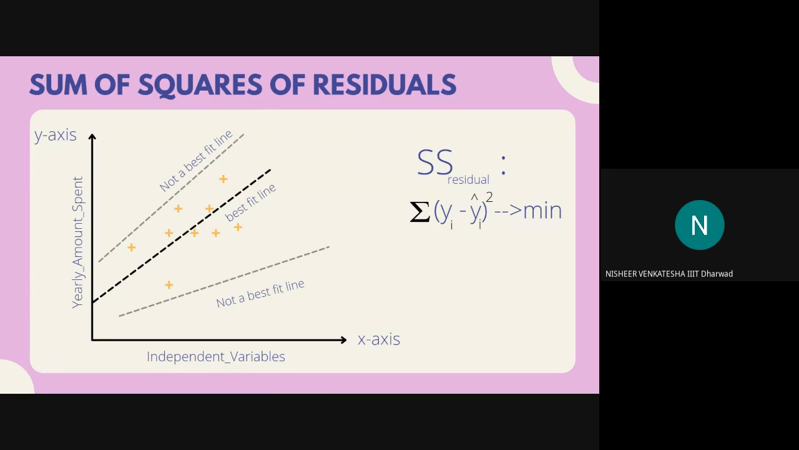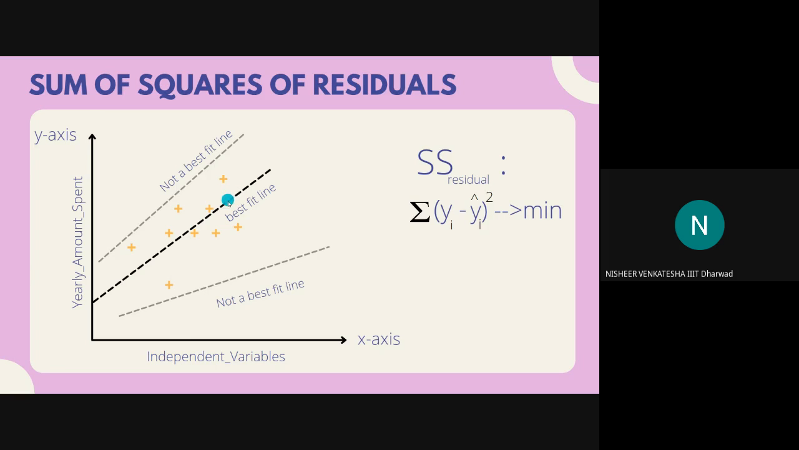So as you can see from the graph, there are many lines. So how do we find which line is the best fit line? In order to find the best fit line, as you can see, there are many data points. So we take one line and then we take one data point and name it as yi, and we project